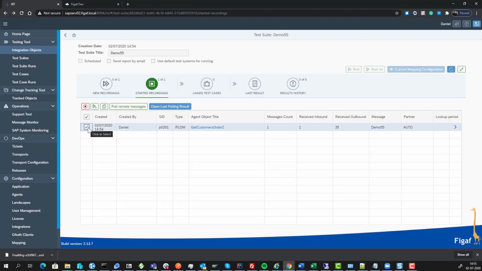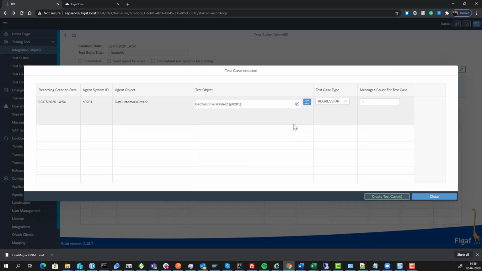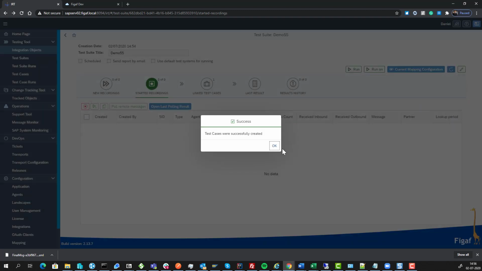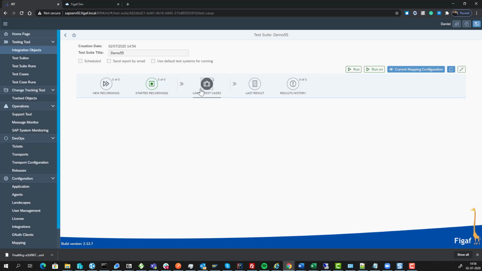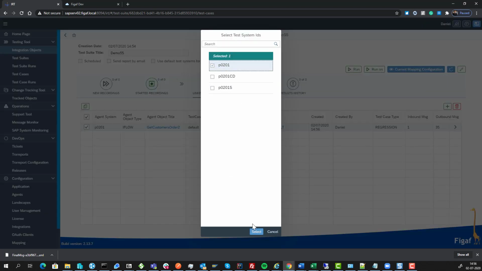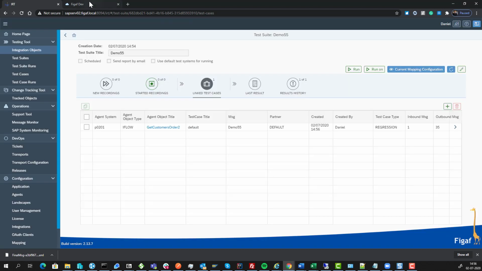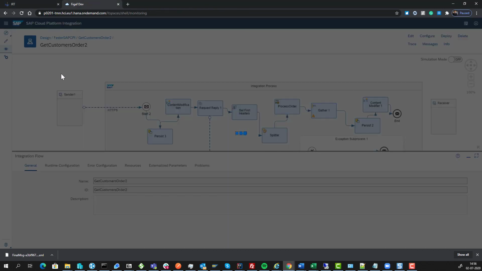So now we have the data, we can create a test case for this. We can obviously update these values to find out more about the system, and we just want to run it on one specific agent. So now we have the data, and we can run this on a specific system. We'll just select our default agent for it, and once we run it, it will then send a message into this iFlow. So if we go to the message monitor,